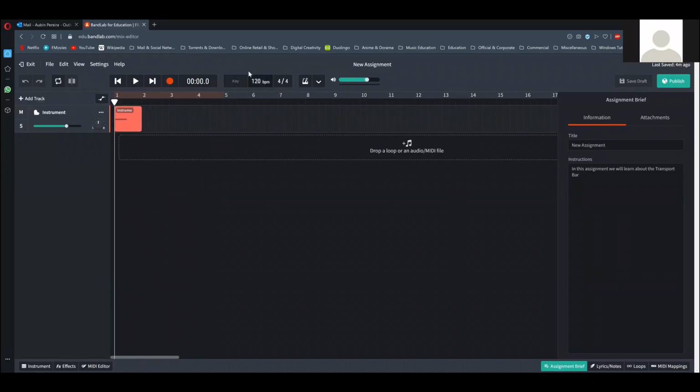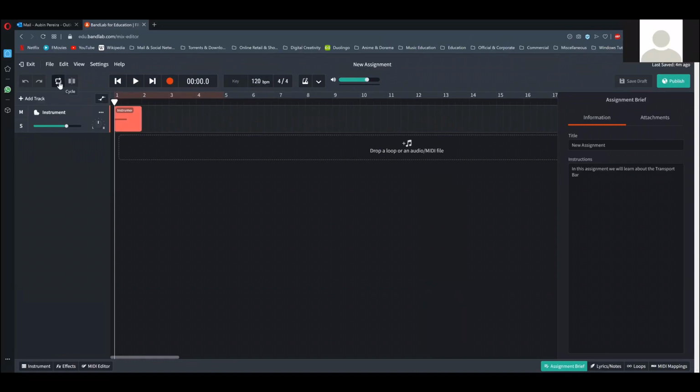The next thing is the key, which we will not use today. And we have the tempo bar. So you can enter the number that you want for the tempo, whether you want it higher or lower. You can either drag it up and down, or you can just type in a number and it sets the tempo. Just like what we did in Songmaker, it adds the tempo. Finally, you have the time signature, which we will not touch for today. Here's your volume bar. Okay, so just to reiterate, we got go to beginning, go to end, play, tempo, volume.